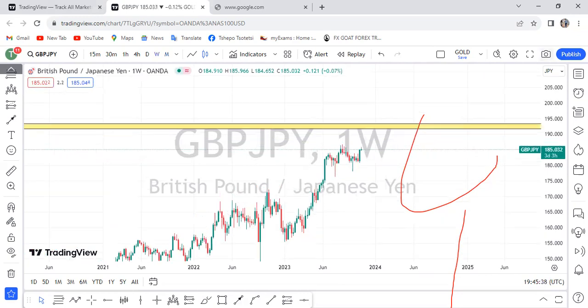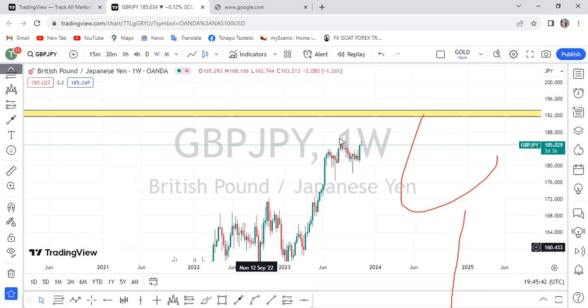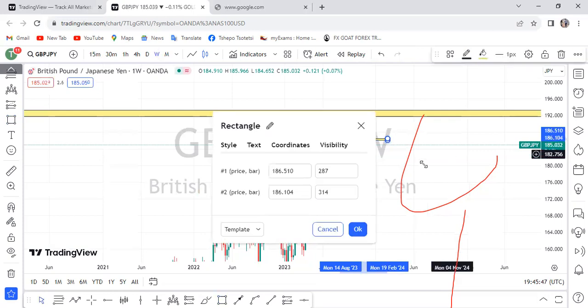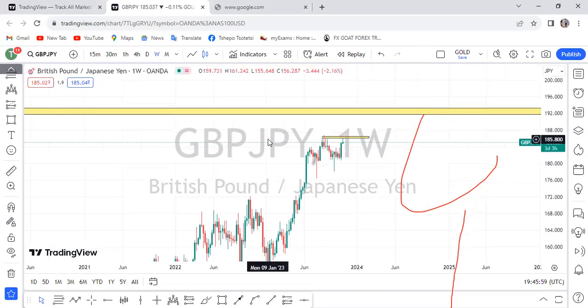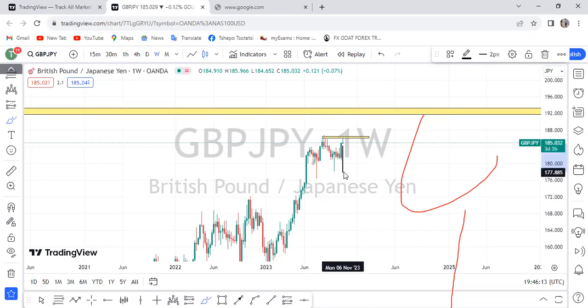on a weekly time frame, now we can see the market is failing to make what? It's failing to make a higher high. So we'll wait for Friday to see how this candle closes. So far we have first confirmation that the market is failing to make a higher high, but it's only Tuesday. We'll have to wait for the weekly candle to close. So if this weekly candle will reject and close bearish and engulf this one,